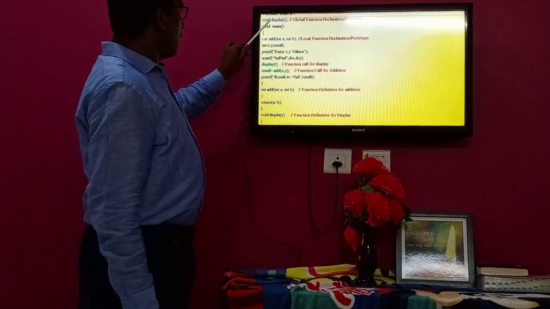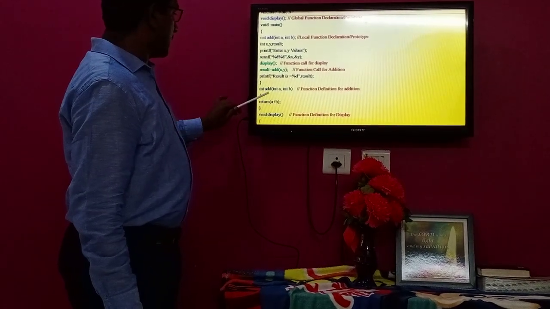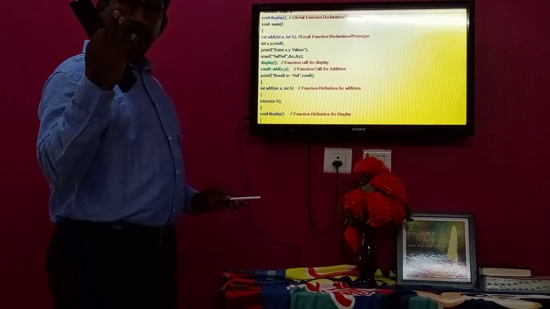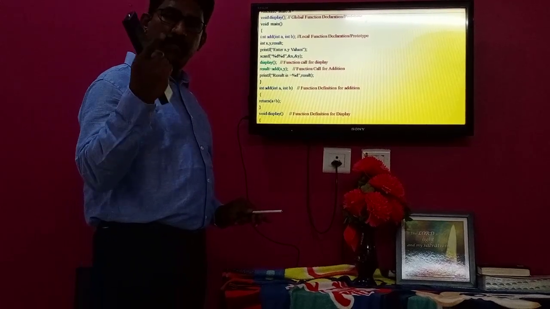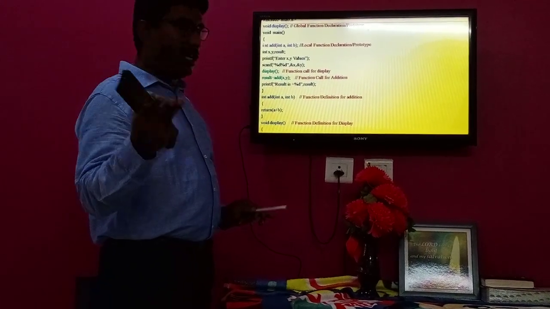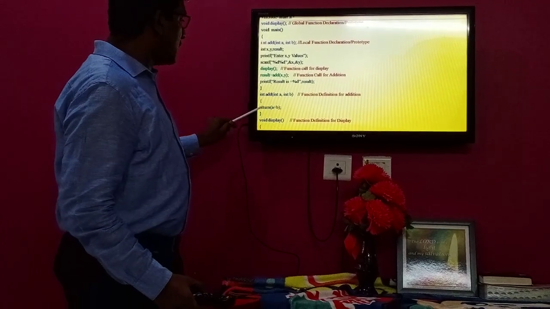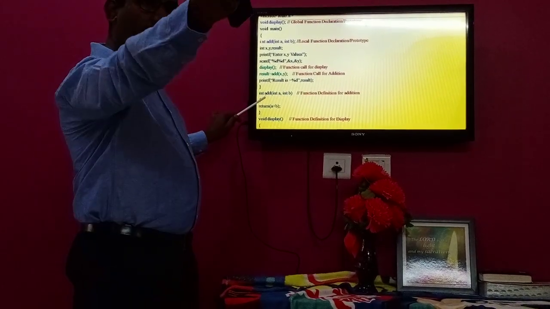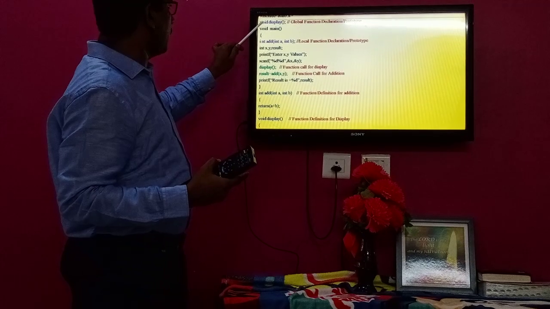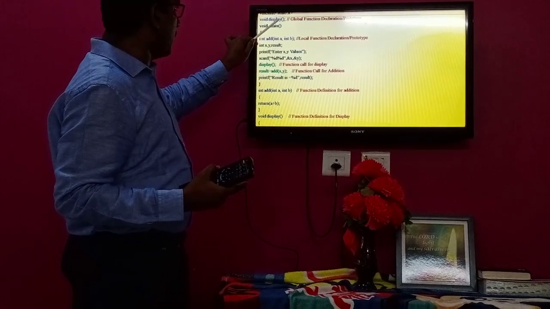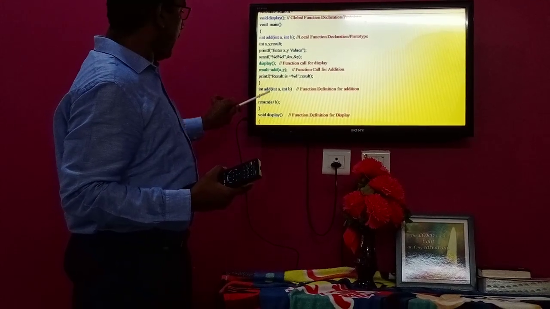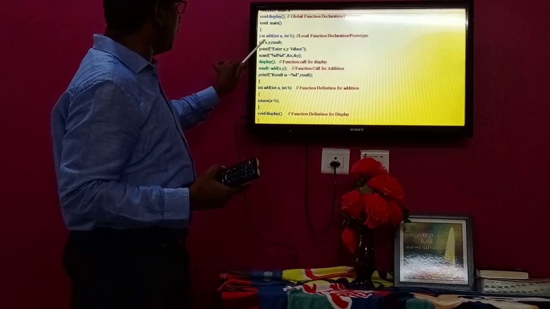So before using these functions, we discussed three important steps: declaration part, definition part, function call. So before using these functions, I am supposed to inform the compiler before main. So I can inform the compiler about the display function before main, and the addition function within main.